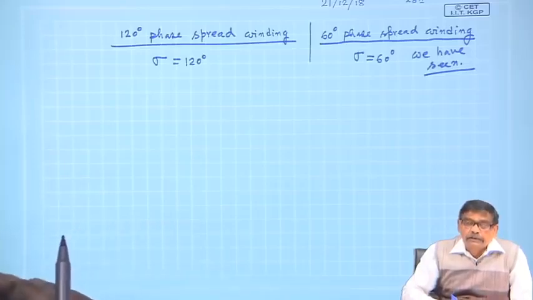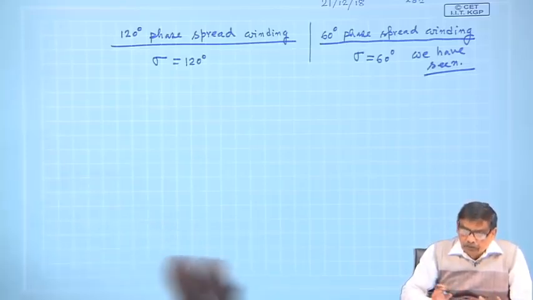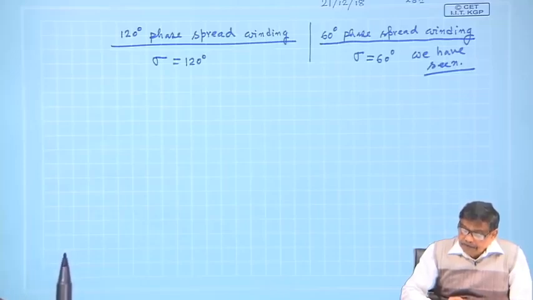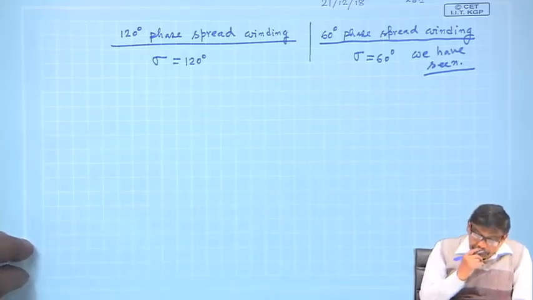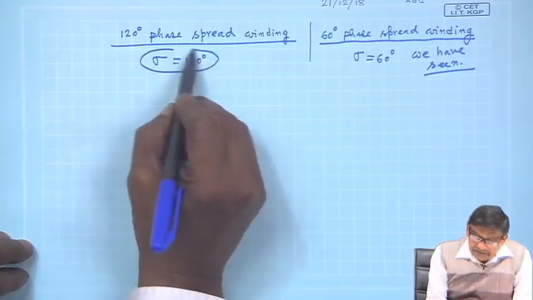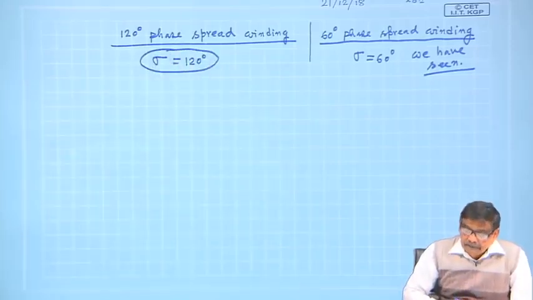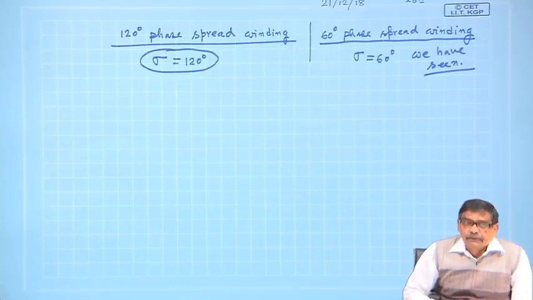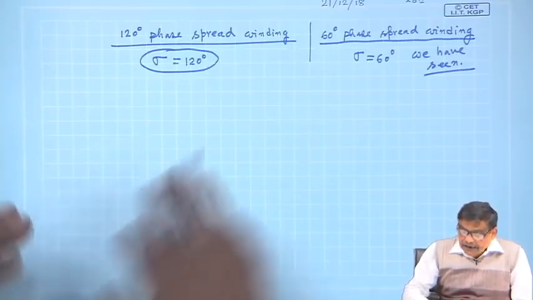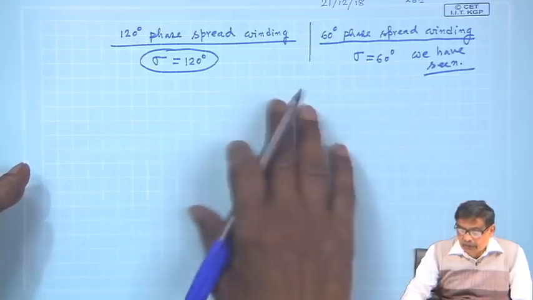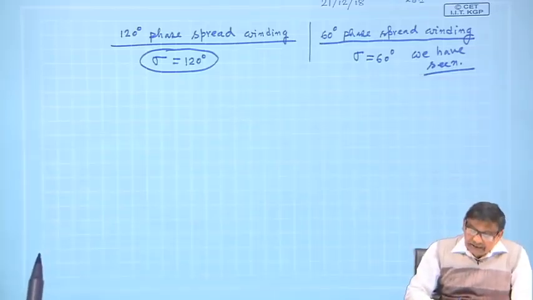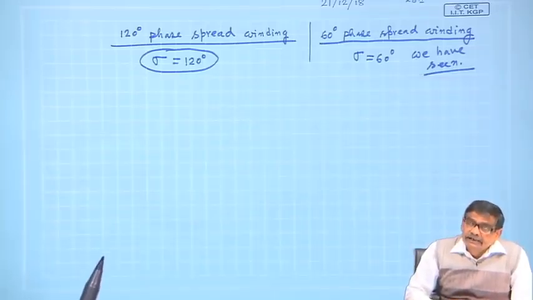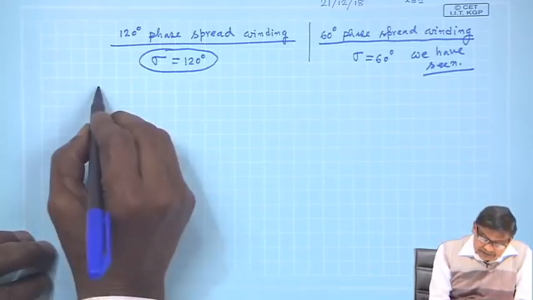What does it mean? That 180-degree space or one pole should be equally shared by R, Y and B phase. That is what we have done. Now, the question is, what is then phase spread sigma 120 degree? It says that instead of 180 degree over which you equally divide R, Y and B phase, you take 360 degree electrical,